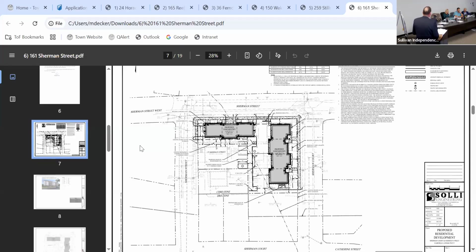So what we would like, as is done on Reef Road and as done on Pequot, is to have this building be 100% residential. And if I show you the plans, I think you'll like it. I think it lends to a very attractive project. So this is what the four units are going to look like along Sherman Court. We've talked to all of our neighbors.